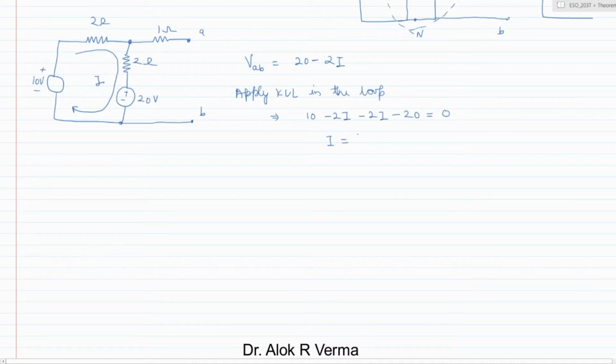So we'll get minus 10 by 4, so it is minus 2.5 ampere. That is the current which is flowing, I. It means that